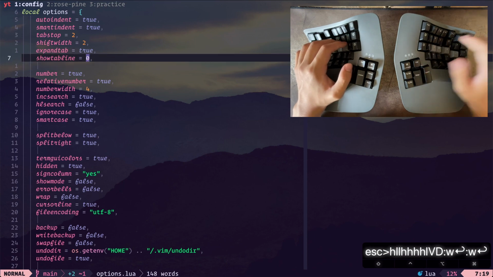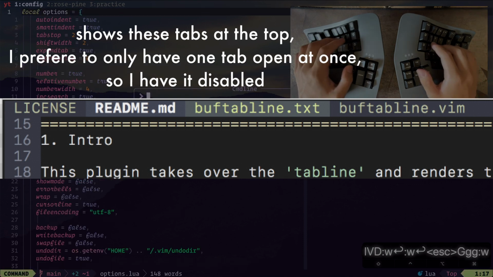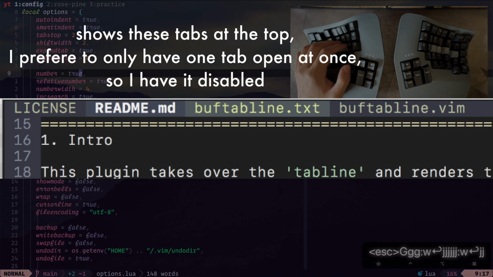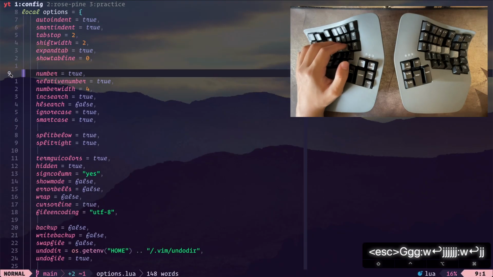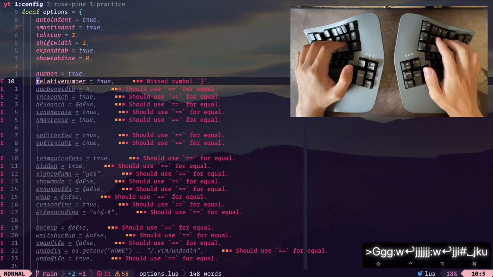Show tab line, I just forgot what this is. Most of these I set like a year ago and then I haven't touched them since. Number is for the line numbers at the side. Relative number is kind of important. So